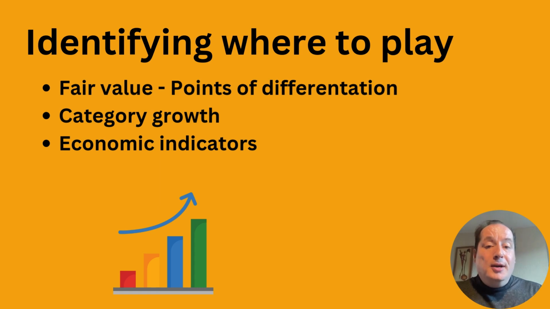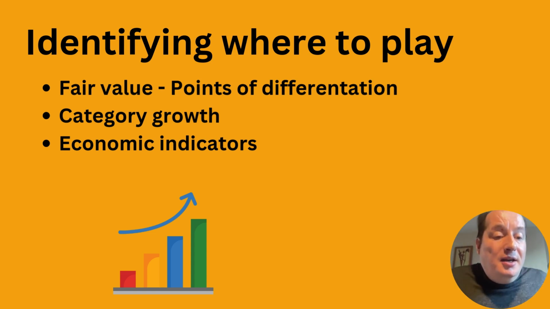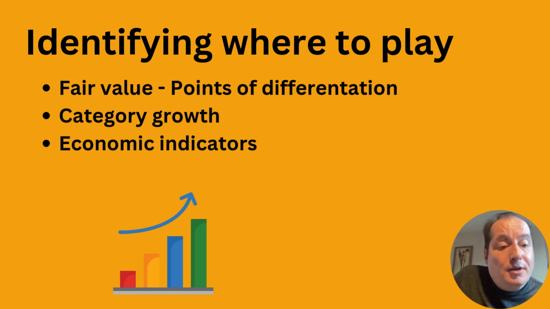So wanted to make sure that category growth is weighed in identifying where to play. So you can also see if one category is in decline as a strategic choice. This is maybe not for the key account management team. They're basically more executing, but let's say this is part of identifying where the opportunities are. Hey, this other category is really